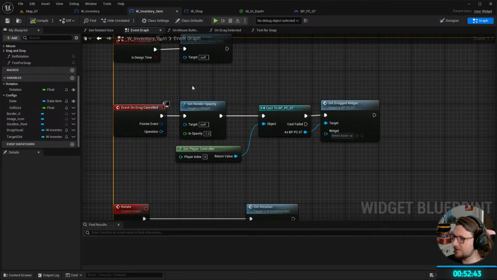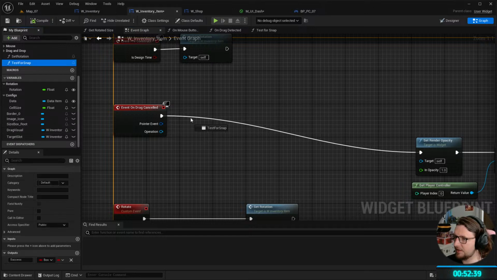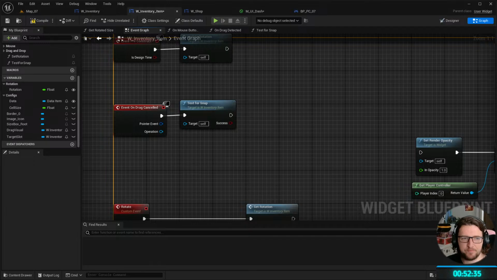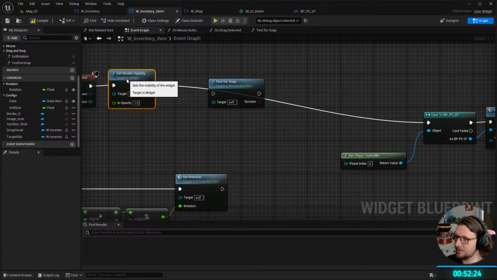So that's our test. Let's have a look. So test for snap. We do this test. Definitely a tougher challenge. Yeah, it's a bigger one. I'm going to make sure that we set the render opacity as good, and then